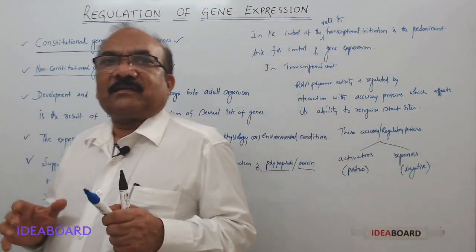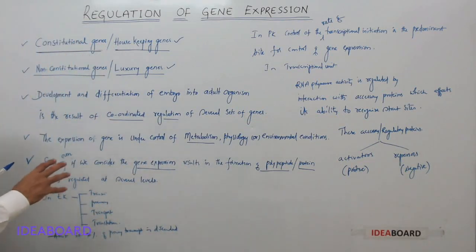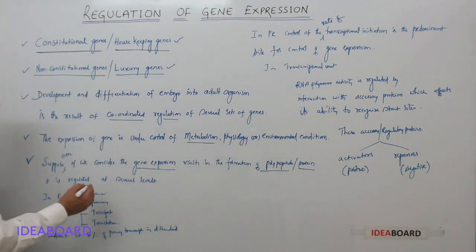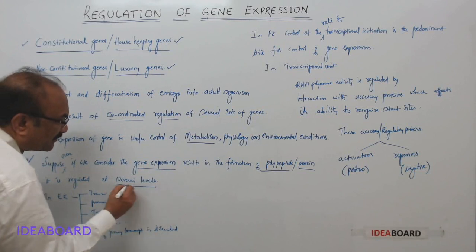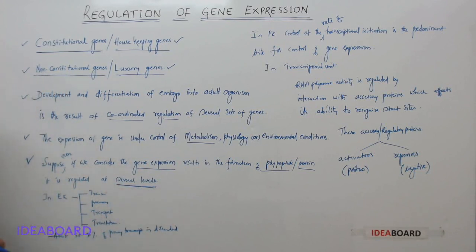At that time itself, the gene is regulated at several levels. During polypeptide formation, or protein formation, it is regulated at several levels. So, for example, in eukaryotes,